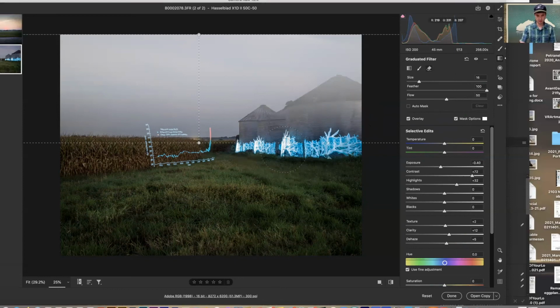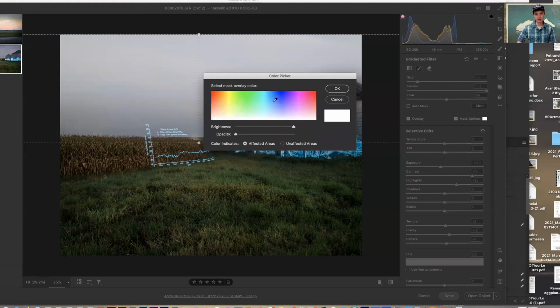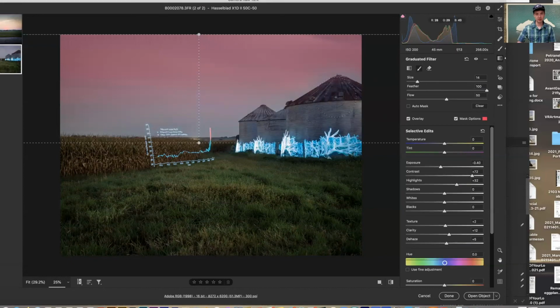Oops. In here. So it's not affecting this area as much. Okay. So you can see I'm really getting rid of that white mask. And if you don't like the color of the mask, you can come in and click by it and you can just change it, right? So if I wanted to make it red, often people make things red, or cyan, but red will be helpful here so I can kind of see where it's